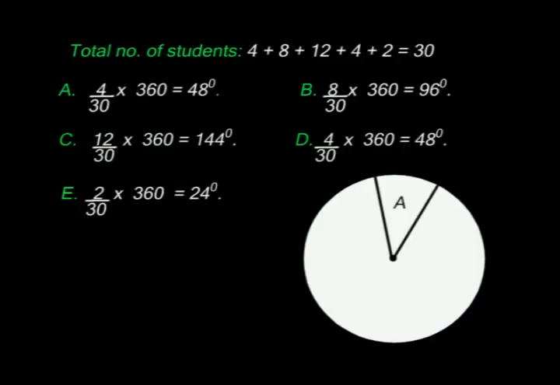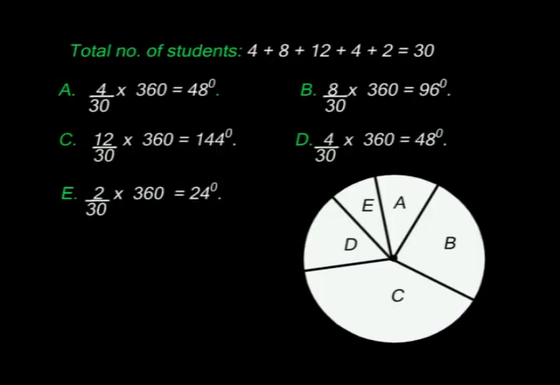Now placing my protractor on that line, I want to measure the angle for B, that is 96. So again I will have that line. I place my protractor again on that line at the center, measure for C, that is 144 degrees. D, I will measure 48 degrees. Now I don't need to measure E because the remaining angle is obviously 24.